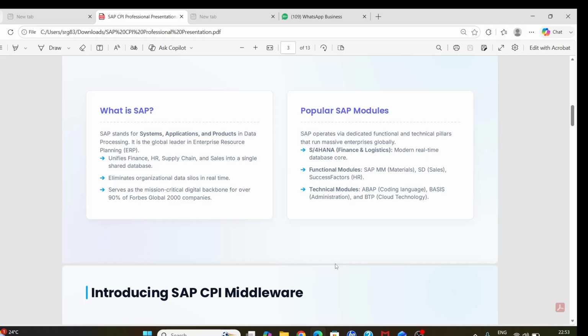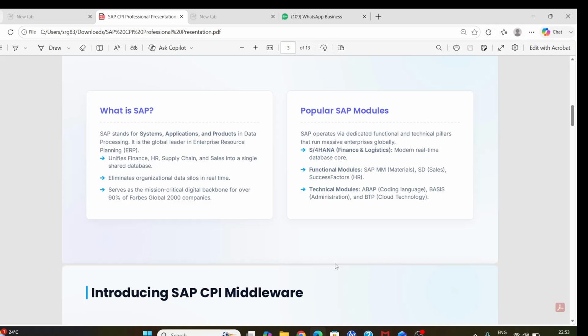Inside SAP, we have specific pillars or modules. We have functional modules like MM for managing warehouse, SD for processing customer orders, and SuccessFactors for global HR. We also have technical modules like ABAP for building custom applications and CPI and BTP for deploying cloud operations.